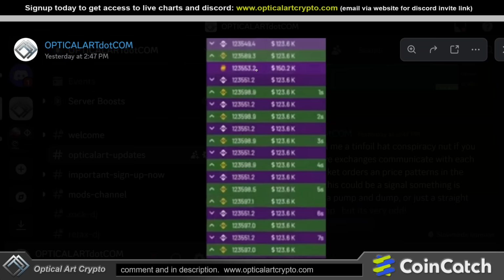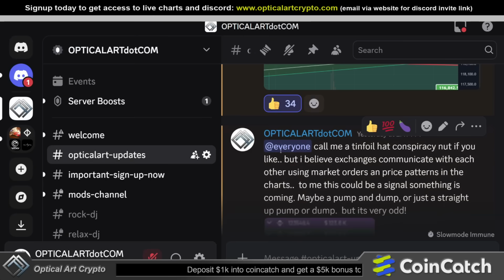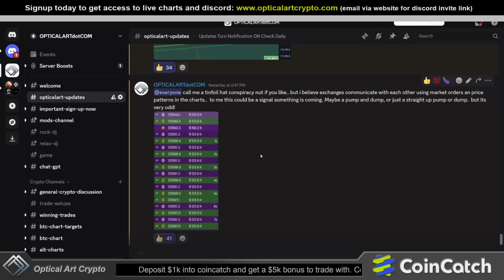Now again, this went on for an entire minute. It was each one of these, so this arrow is long, this is short, right? So these are long and short orders. Price was around 123,600, and the amount for the order was 123,600. This is the first time I've ever seen this happen, and it just kept going and going and going,